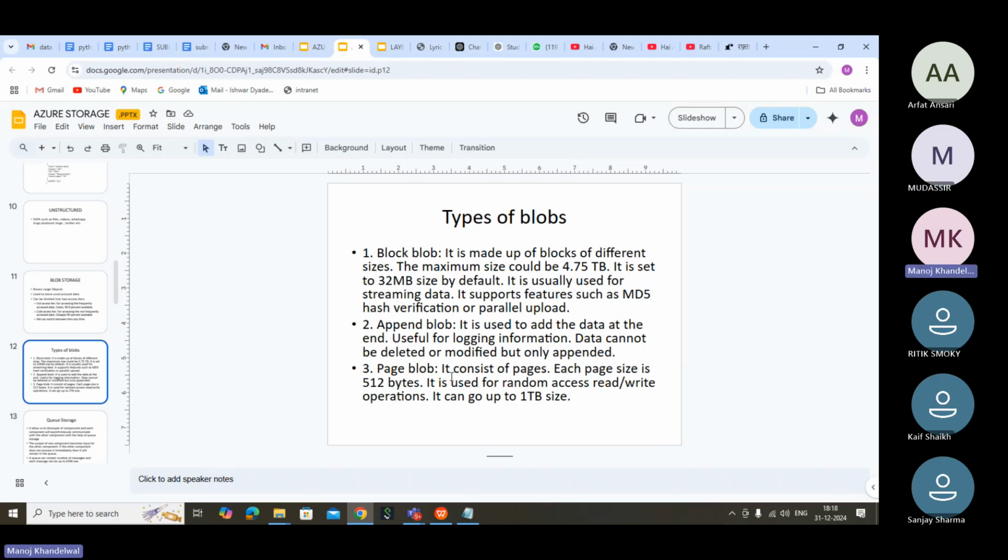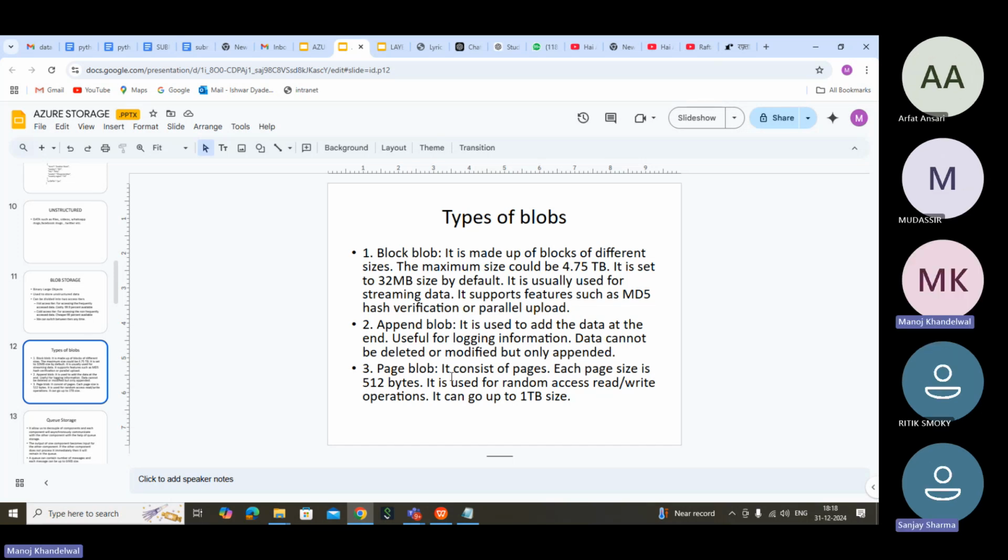Okay, anybody else would like to suggest? Arfat? I think the partition option would be the most convenient because it becomes easier for the user to manage what he's writing in the book.